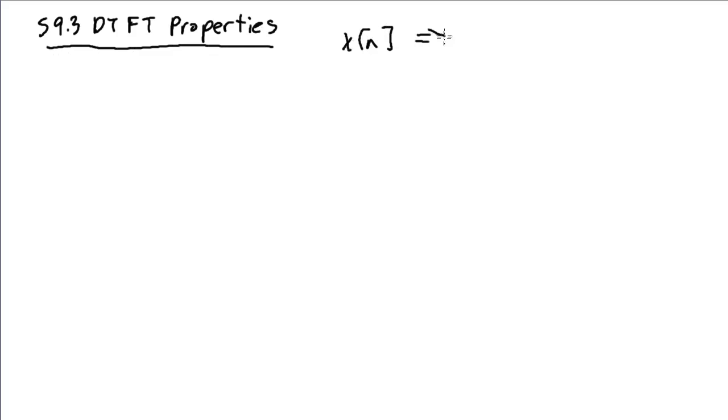Let's look at the discrete time Fourier transform properties. These are listed on the handout. Some of these, I'll only go over a few. You should be familiar with these from other transforms we worked with. Hopefully this is all getting a little tedious at this point. But this is the notation we'll use